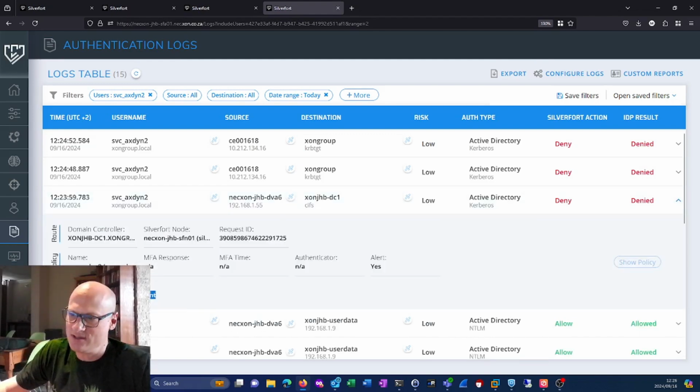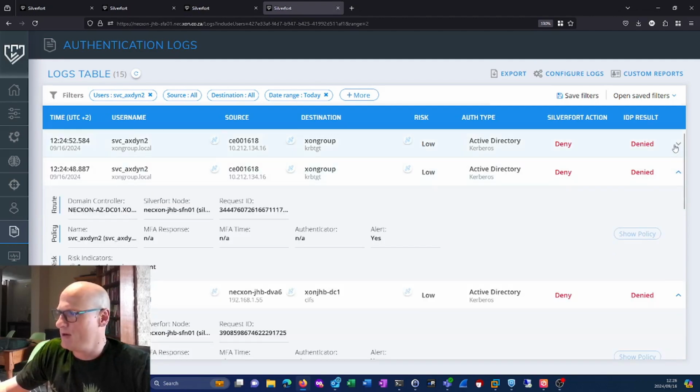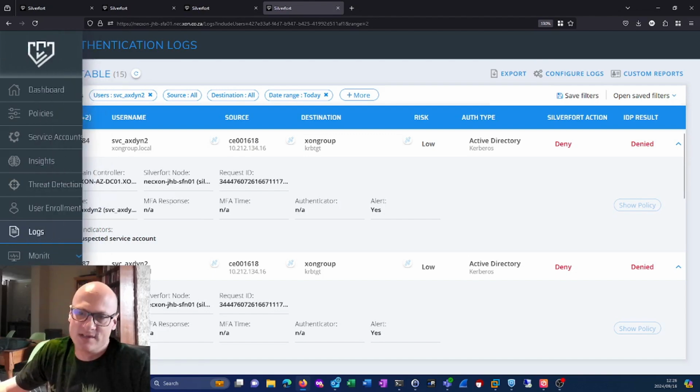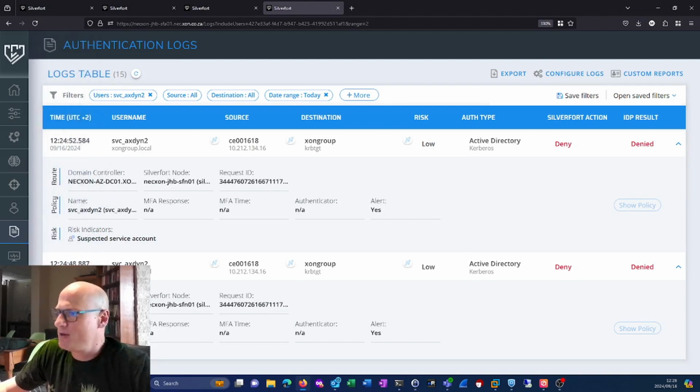And there I can see the risk indicator. It's a suspected service account. Very nice. So even if I compromise this service account, even if it's a privileged service account, I won't be able to use it anywhere else except the service and the source and destination for where it was intended. All right. So amazing tool, and